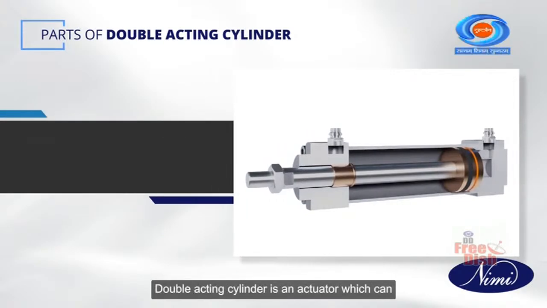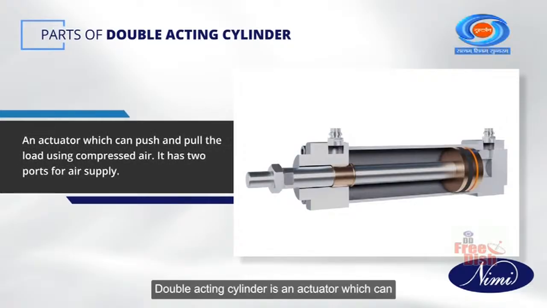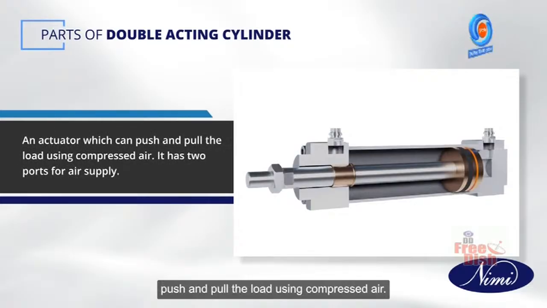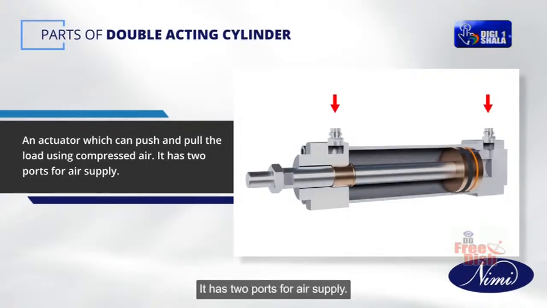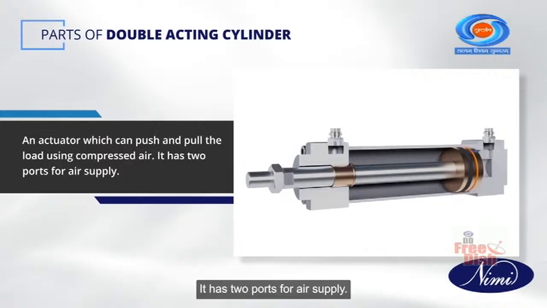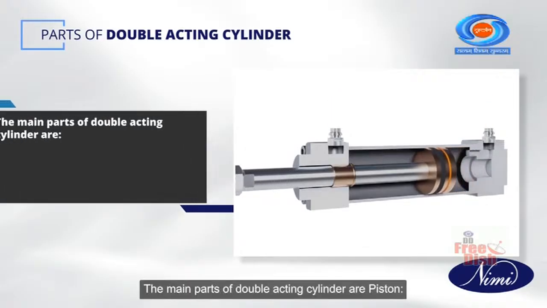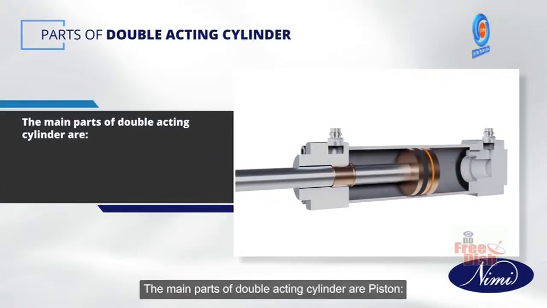The double-acting cylinder is an actuator which can push and pull the load using compressed air. It has two ports for air supply. The main parts of the double-acting cylinder are